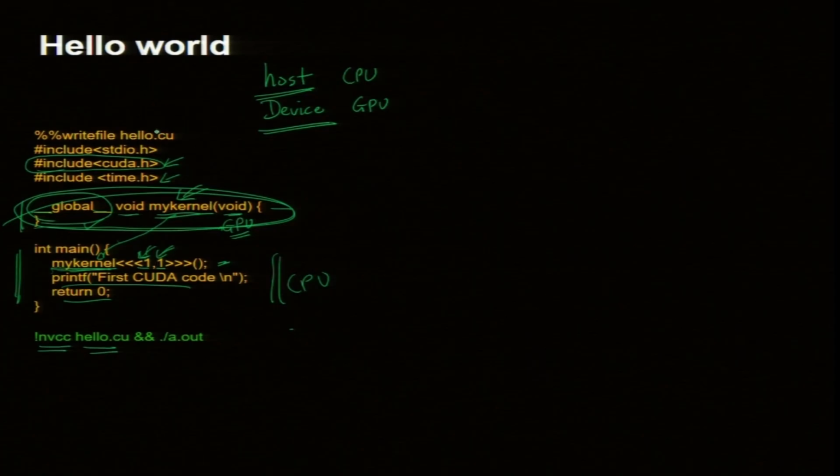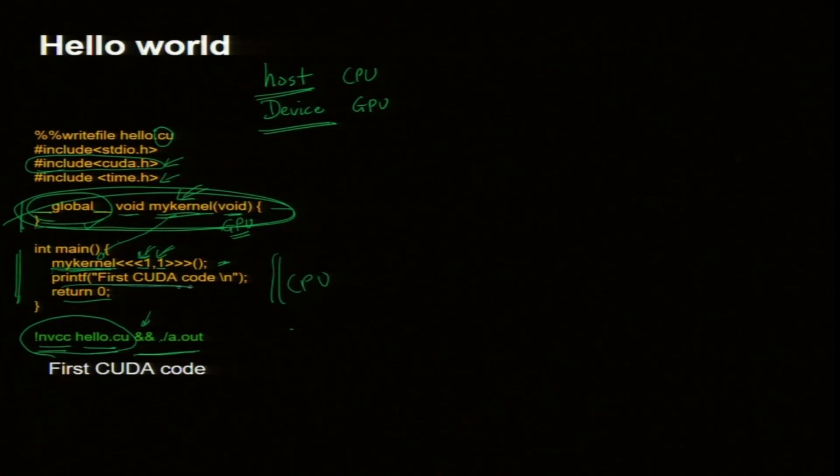Okay. This .cu is an extension for CUDA, and this will compile, and it creates an object code called a.out, okay, and I run it by ./a.out. So, this is done in one line. Okay. Ampersand is adding two commands, okay, and when I run it, I get my first CUDA code. So, print, this is in fact printed by CPU. We will do more things with GPU in a while, okay, just give me a few minutes.